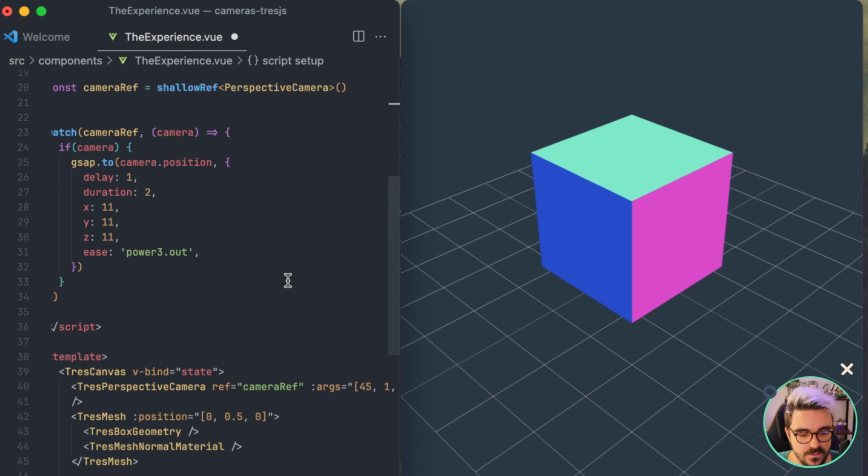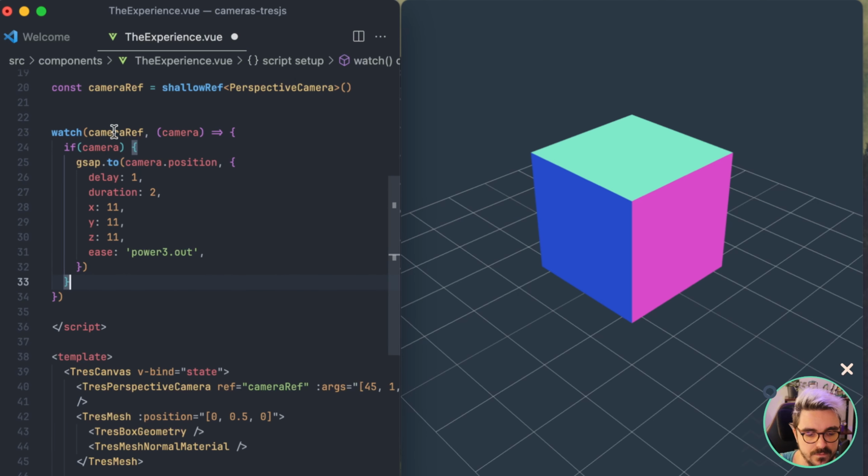And the way you can use it is that whenever the camera is available, we're gonna change the position. We are gonna add a delay of 1 second to start the animation. Then the duration of the animation is gonna be like 2. And right now the position of the camera is around 3 in each axis, okay? So we are going to go a little bit farther from the object itself. And we are gonna use power3.out easing. So if I save this,